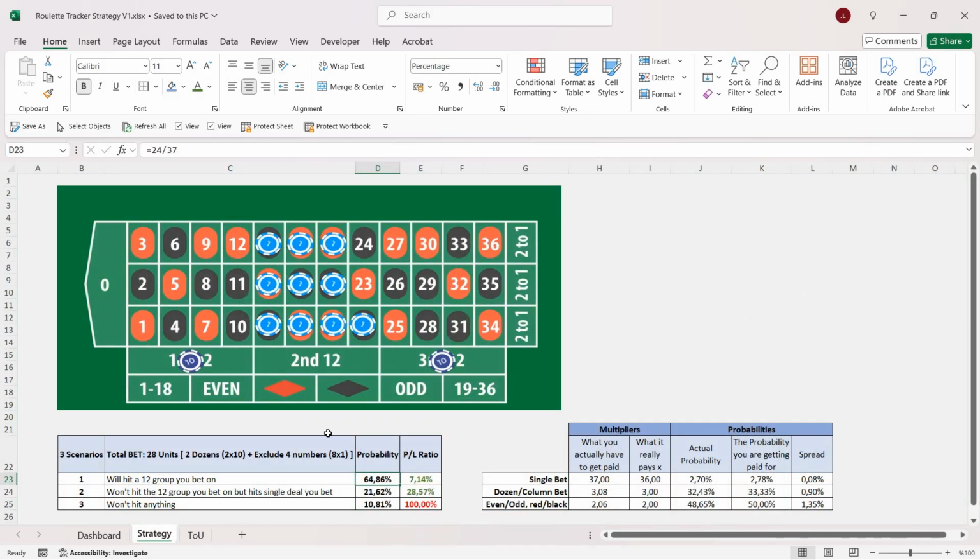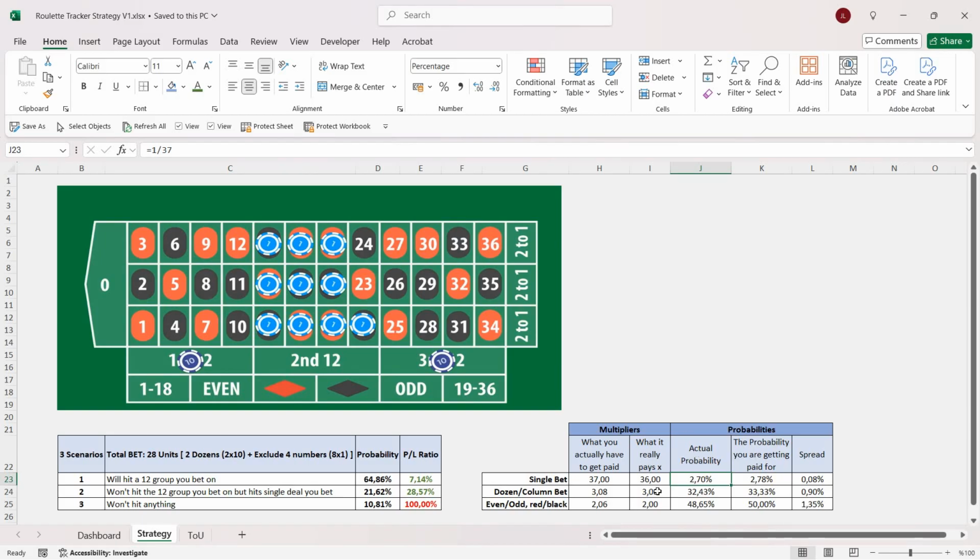Before I get to this strategy, first I would like to talk about the logic of a roulette game. It is a game of probabilities, but the odds are against you. What do I mean by that? Let's say you made a single bet on any number with 1 unit. It seems that there are 36 numbers, but with the 0, there are 37 numbers. So the actual probability to hit the right number is